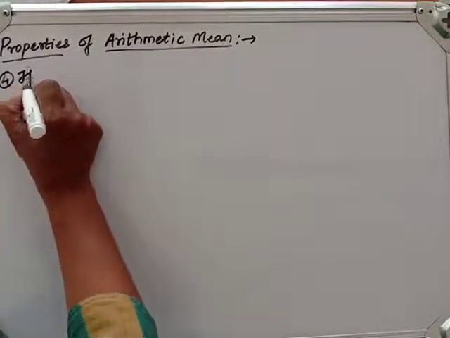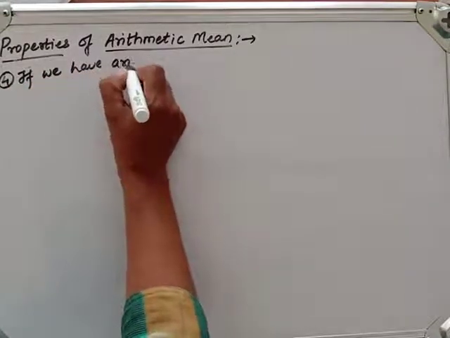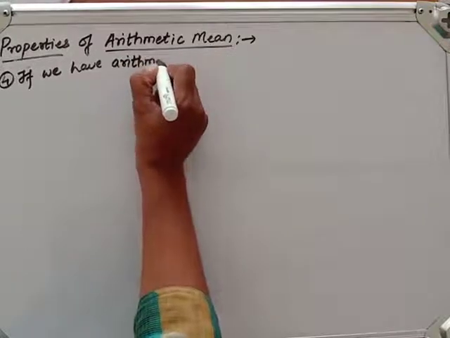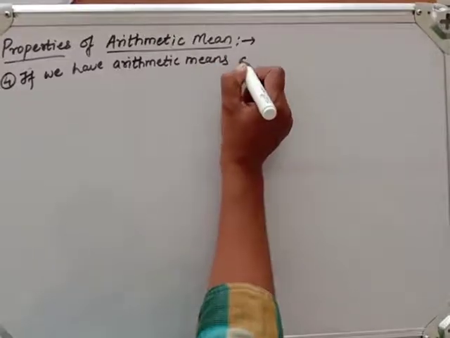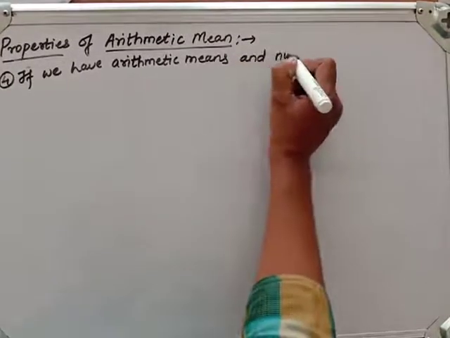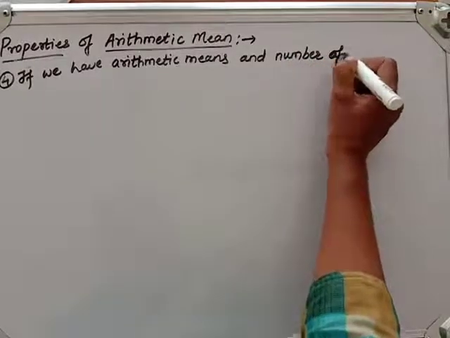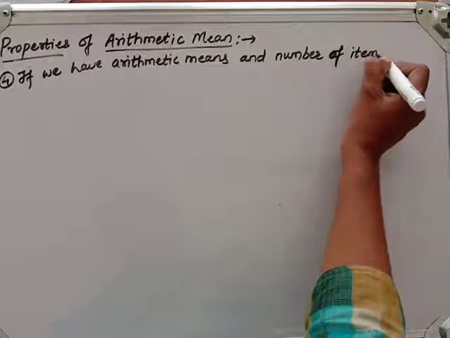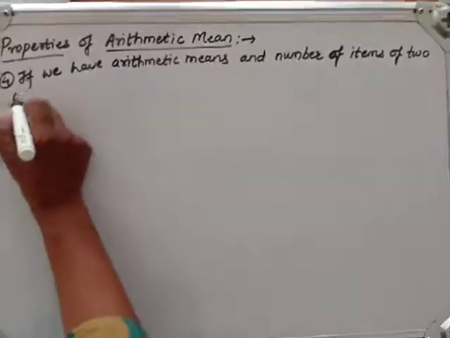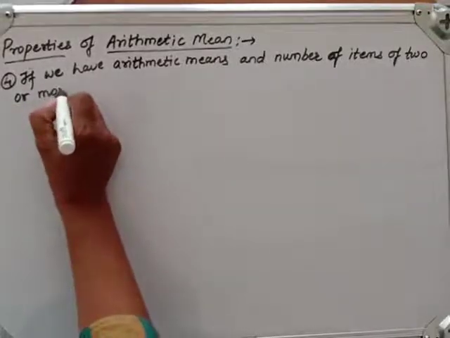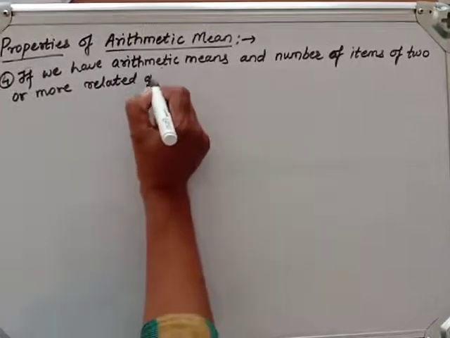If we have arithmetic means and number of items of two or more related groups,